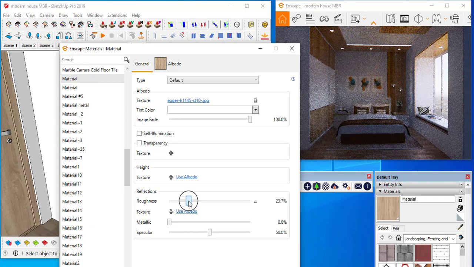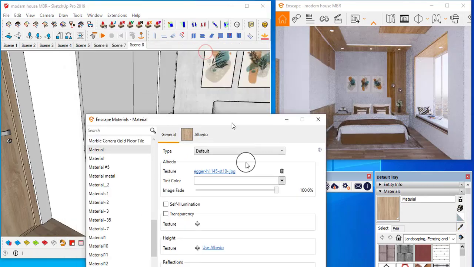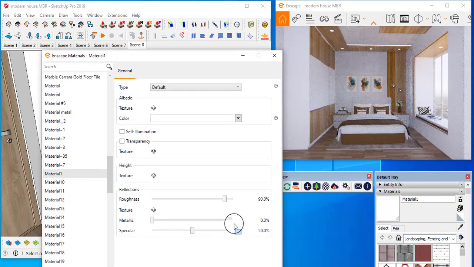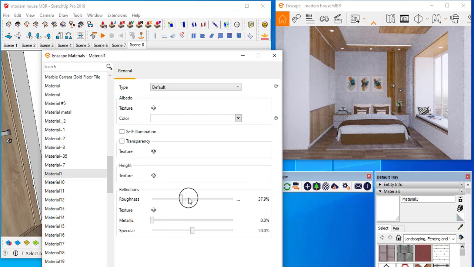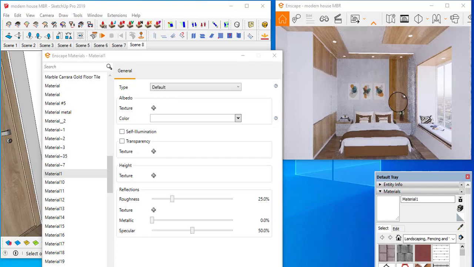You can add a little bit more. And this white is completely rough. Add a little bit more, because a little bit of lighting should shine on this one. If it is full, it will act like a reflective surface, so not full. So I'm adding somewhere around here, and everything is good.